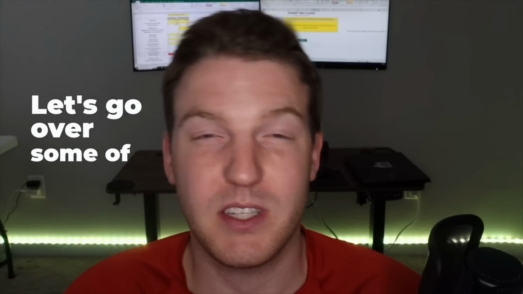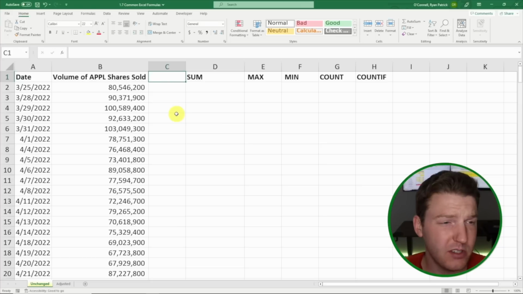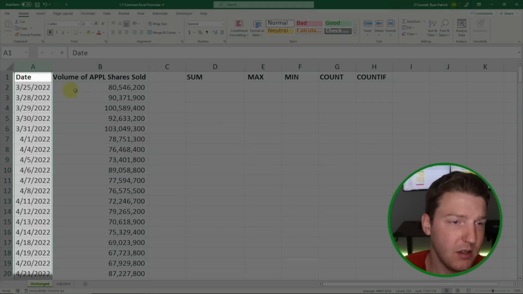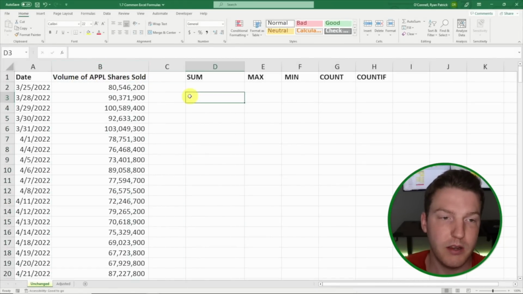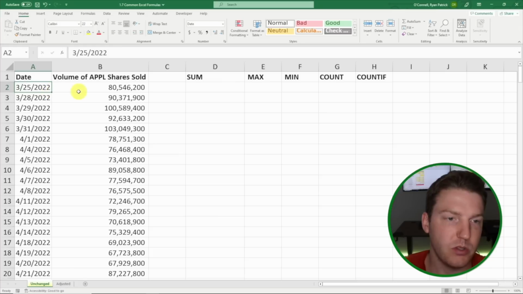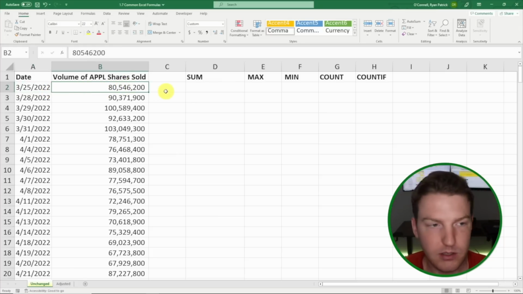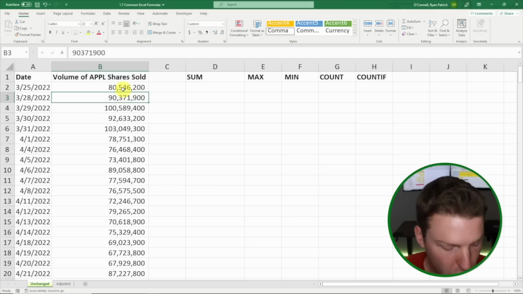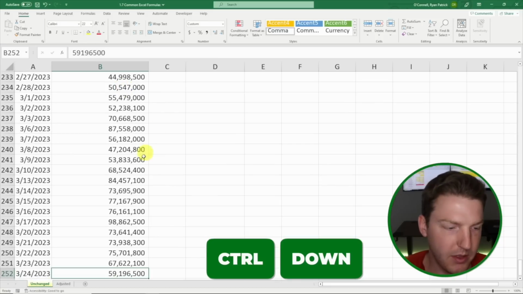Let's go over some of Excel's most commonly used functions while analyzing Apple's share data. In this example, we have date in column A, and in column B, we have the volume of Apple shares sold on each date. So on the 25th of March in 2022, over 80 million shares of Apple changed hands. And if I hold here and hit Control down arrow, you'll see that this data set is